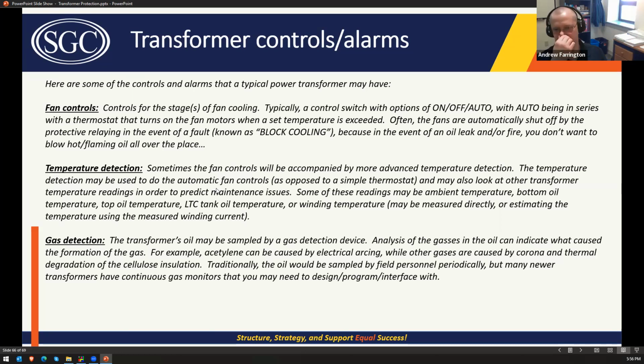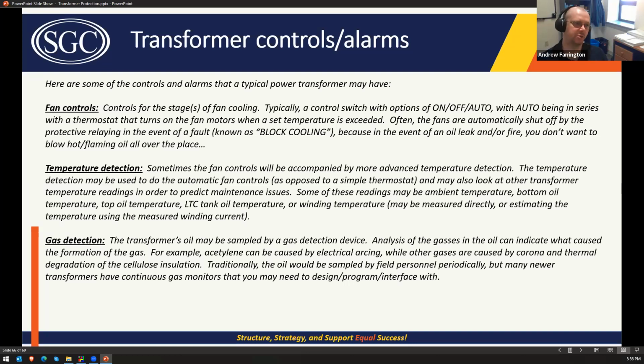Temperature detection, you'll usually have some form of temperature detection. It may range from just a dial that's somewhere on the tank to more complicated temperature detection. For more modern and bigger transformers, there's usually a specific device that's looking at things like the top oil temperature, the bottom oil temperature, the LTC compartment temperature, ambient temperature, winding temperatures. I'm sure I'm missing something, but